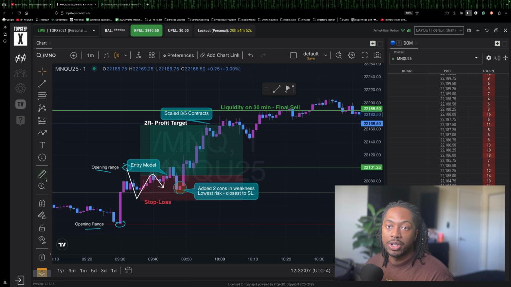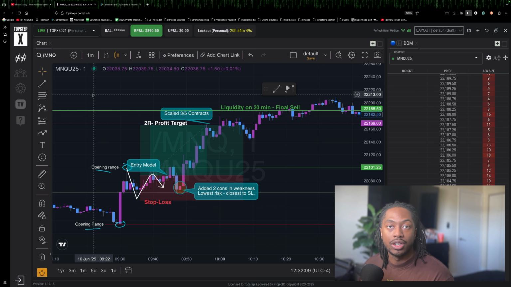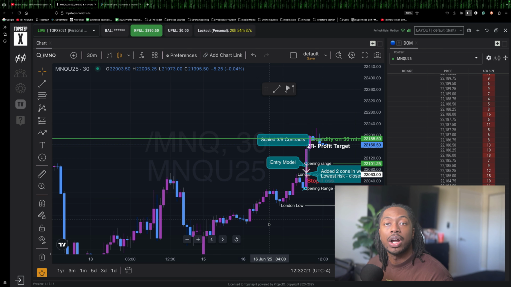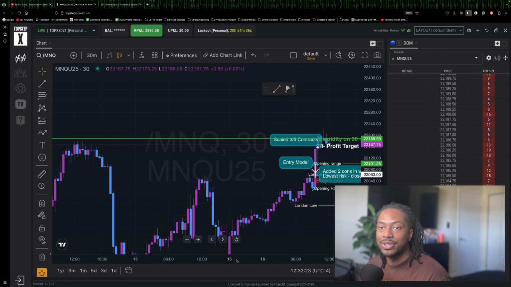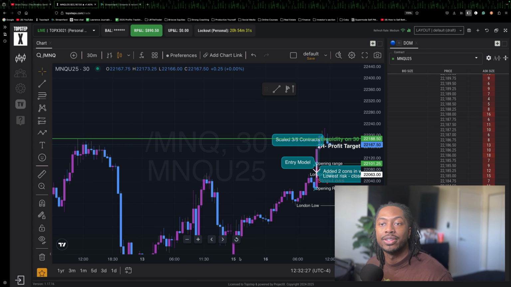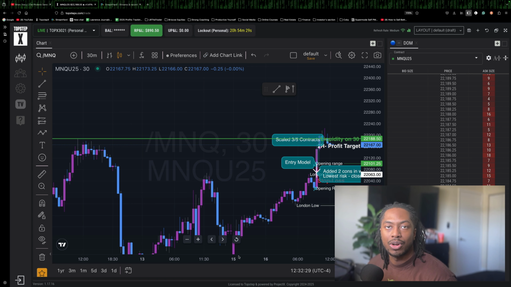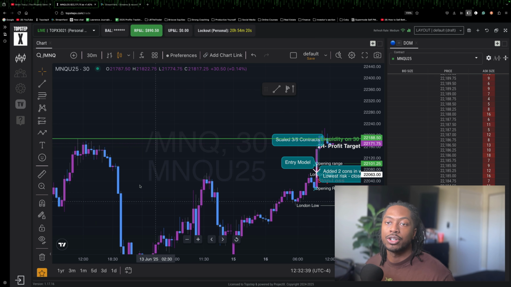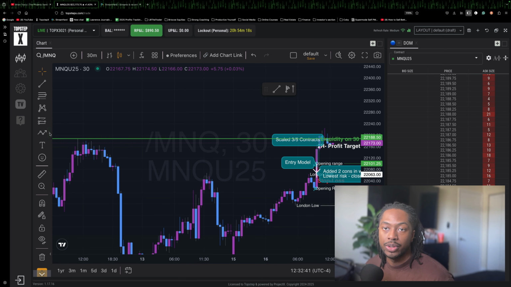So let's look on the 30-minute chart so you guys can get a good look at the liquidity level I was talking about. So here's the 30-minute chart. So whenever I'm in profit, I try to look for the most generous profit targets, right? So I like to let my winners run in that sense, but not based on how I feel or how much money I want to make, based on how much the market is willing to give me, based on market structure or liquidity levels. So you guys can see right here,